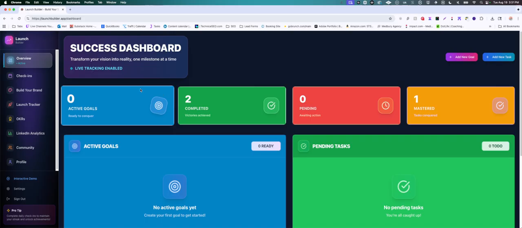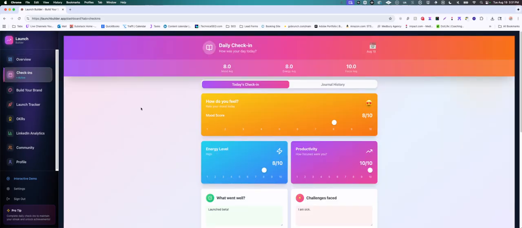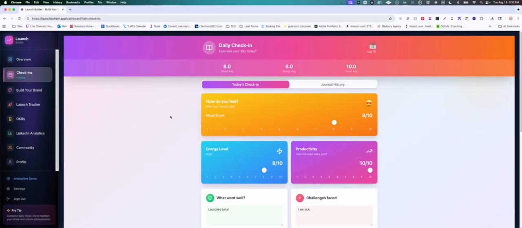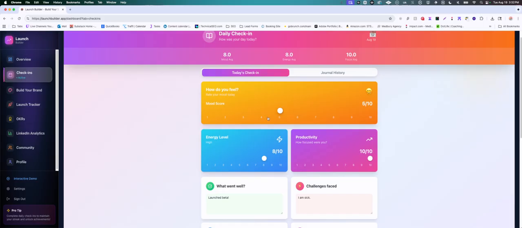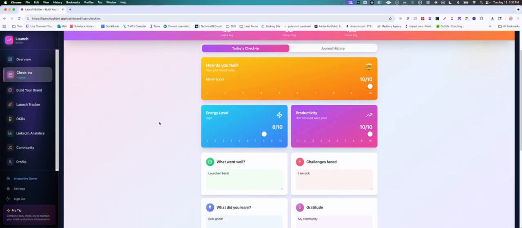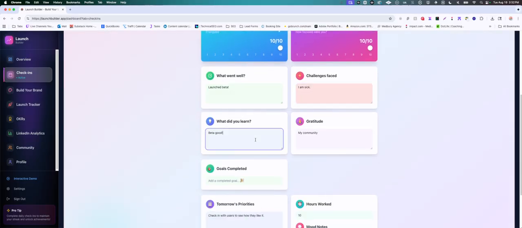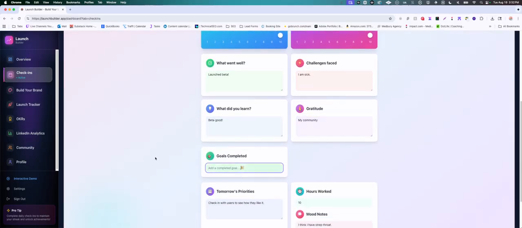And then this part I really enjoy. So this is the daily check-in. My girlfriend uses the Finch app and another app that kind of does this. So I thought this would actually be super useful for entrepreneurs and people trying to grow their personal brand. So basically, you're just going to tell us how you feel today on a mood score 1 to 10, what your energy levels were, how productive you were, and then you can tell us a few things like what went